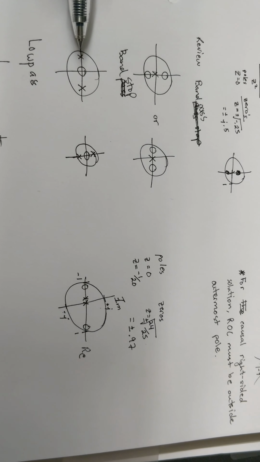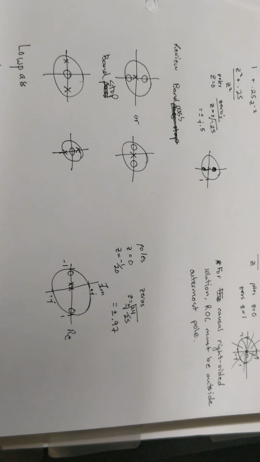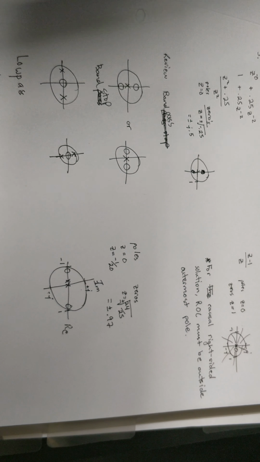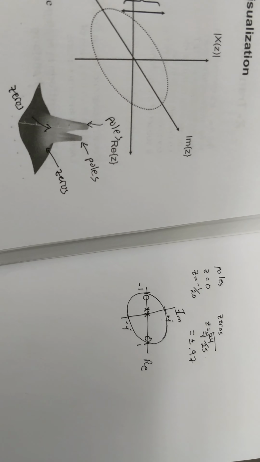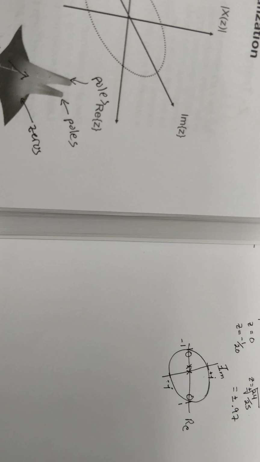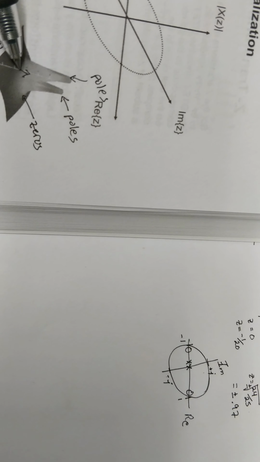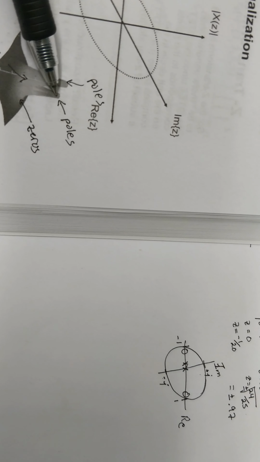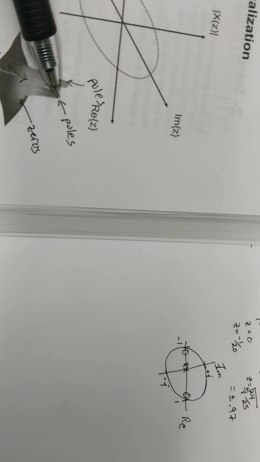Now, whenever you see an X, what you can think of is something like a pole. So here I have an example of a Fourier drawing where you can see when you have a pole and then a 0, and then a pole and then a 0,